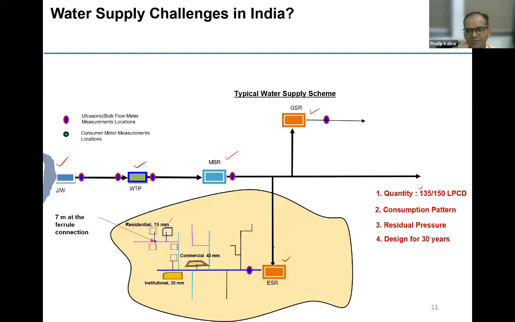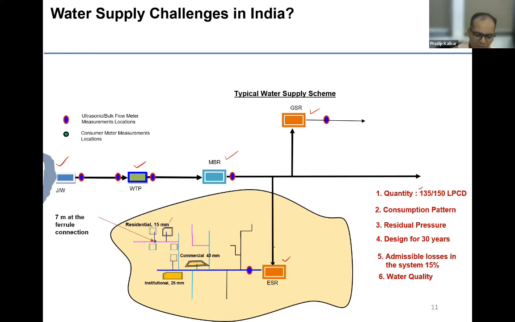We are designing for 30 years, and we have to design it for 30 years because it's a public infrastructure. It will remain there. So instead of a centralized focus, we can have decentralized systems, which will allow us, with a smaller investment, to rechange and refurbish in coming time as per the requirement and development. Admissible losses we have to maintain up to 15%. And then we have water quality to be maintained.